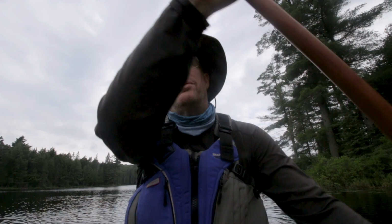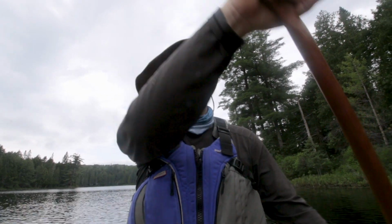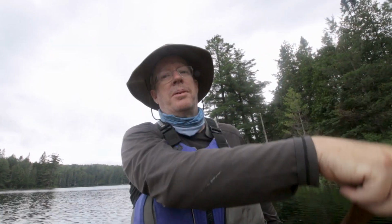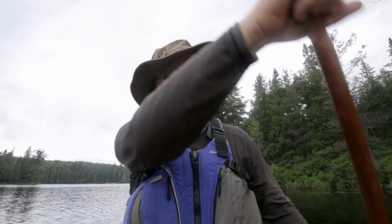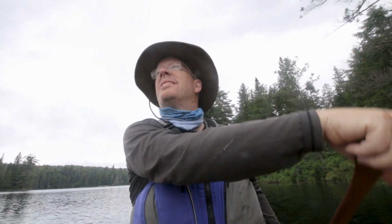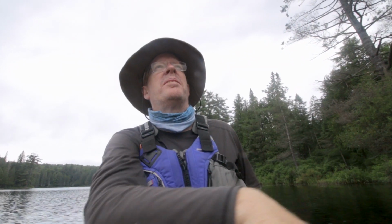I'm off on day 2. Not, as I said earlier, not quite as nice. It did start to spit rain while I was packing up. There was a brief moment where the sun came out, but it seems overcast. Good piece of blue, but